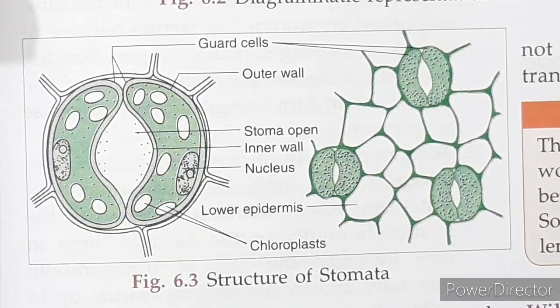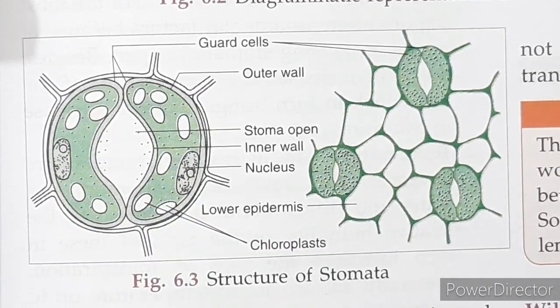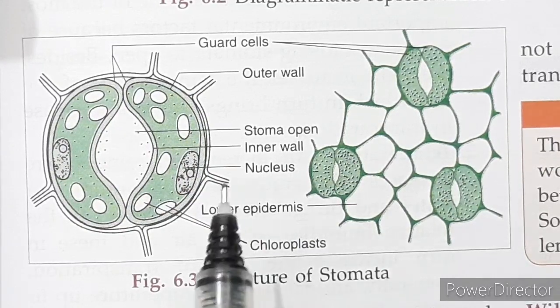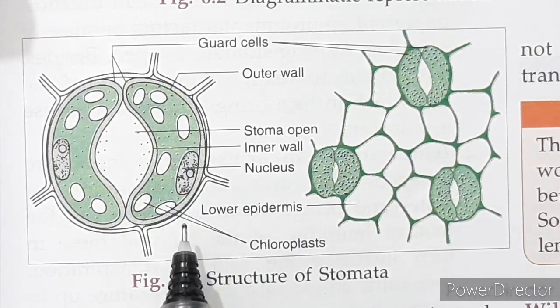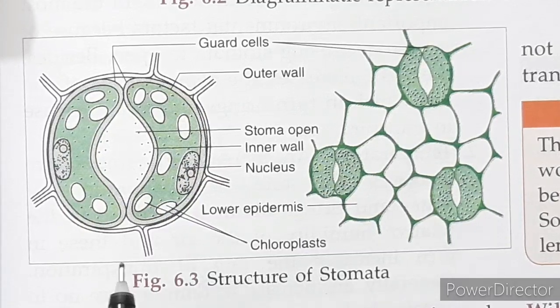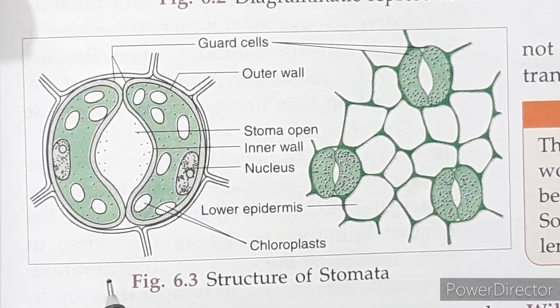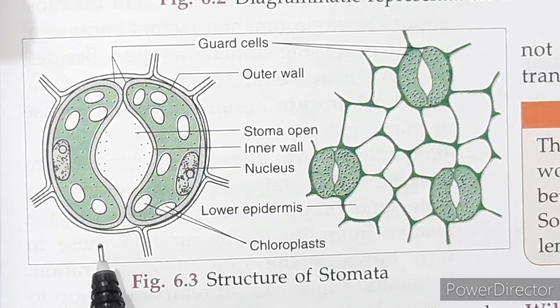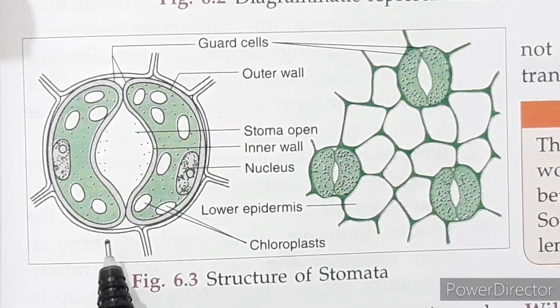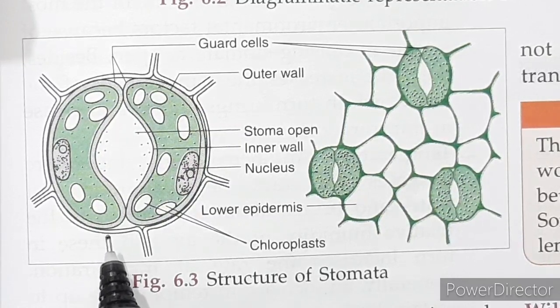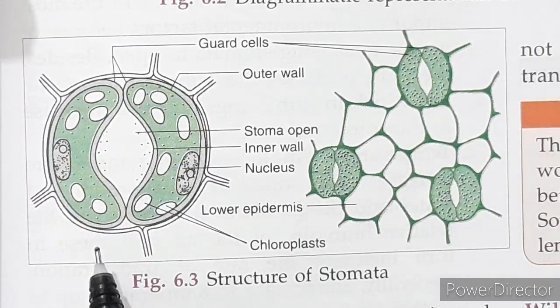As many as 1000 to 10,000 stomata may be found per centimeter square of leaf. They are found more in the lower epidermis of the leaf rather than the upper epidermis in a dicot plant. We know there are two kinds of plants, monocot plant and dicot plant. In a dicot plant, the upper epidermis of the leaf has fewer stomata than the lower epidermis, so that they can prevent the loss of water from the plant.